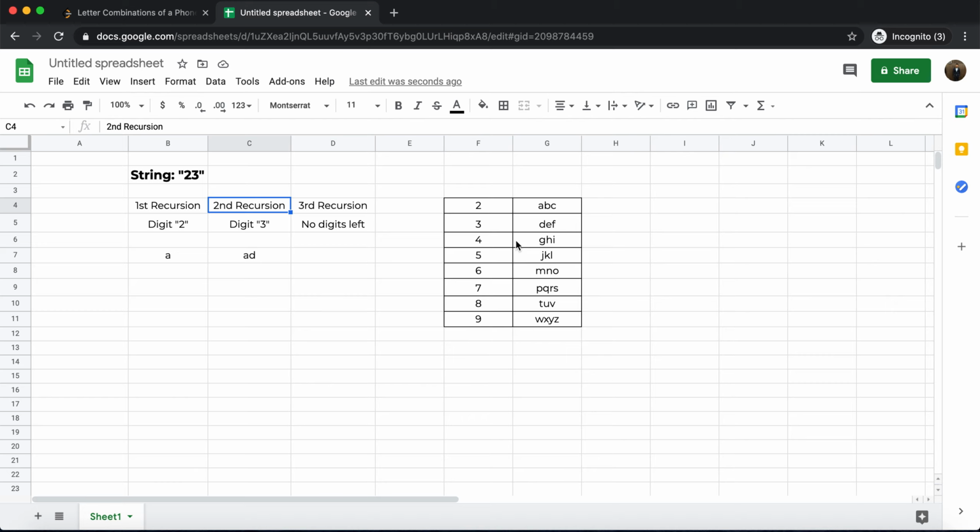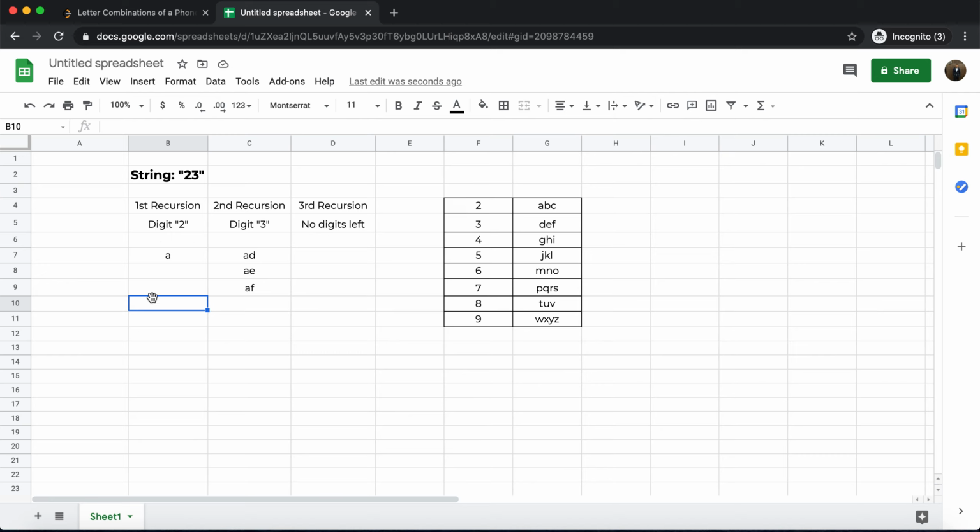Now the second recursion will apply its next combination, which is AE, and the cycle gets repeated. The third recursive function will add this to the output, then the control will move back, and similarly for F, the process gets repeated. At this point the second recursive function has exhausted all its letters, so it will pass the control back to the first recursive function.